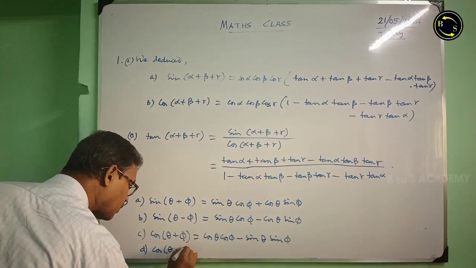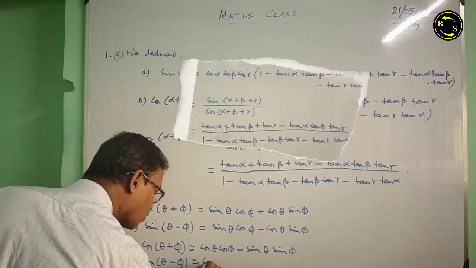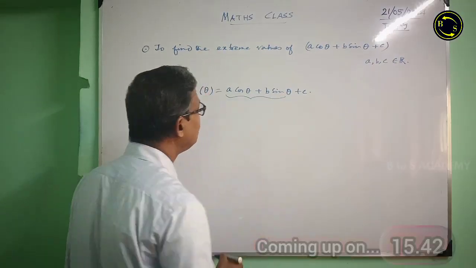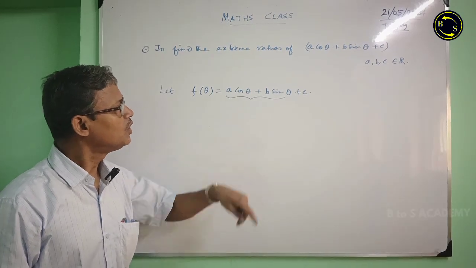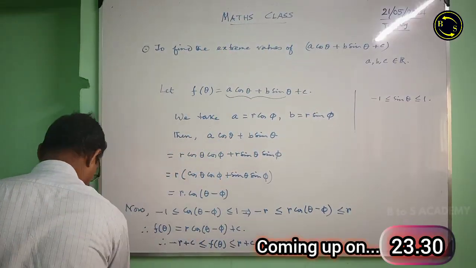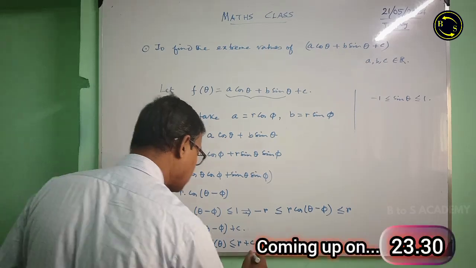cos of theta minus phi. This part cos theta is involved of theta 1 as